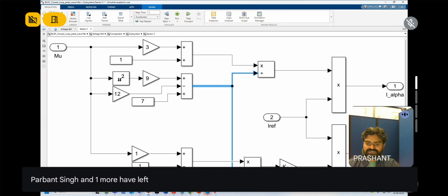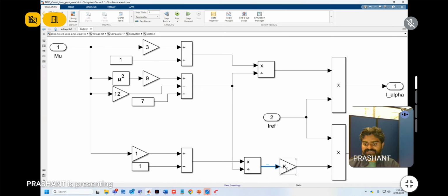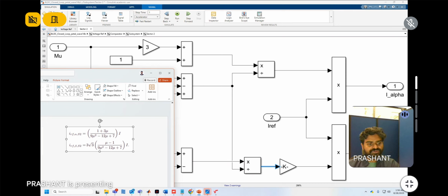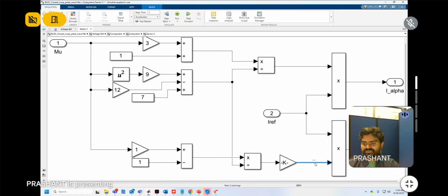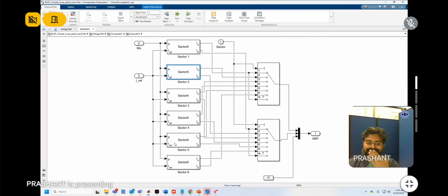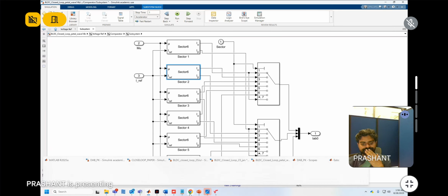So numerator by denominator, multiplying with some constant. With what constant? 3 root 3. This must be 3 root 3. See here, 3 root 3. We will give some values, we will multiply with I, and it will give some I beta value. So this was for sector 2. So similarly, for all the sectors,